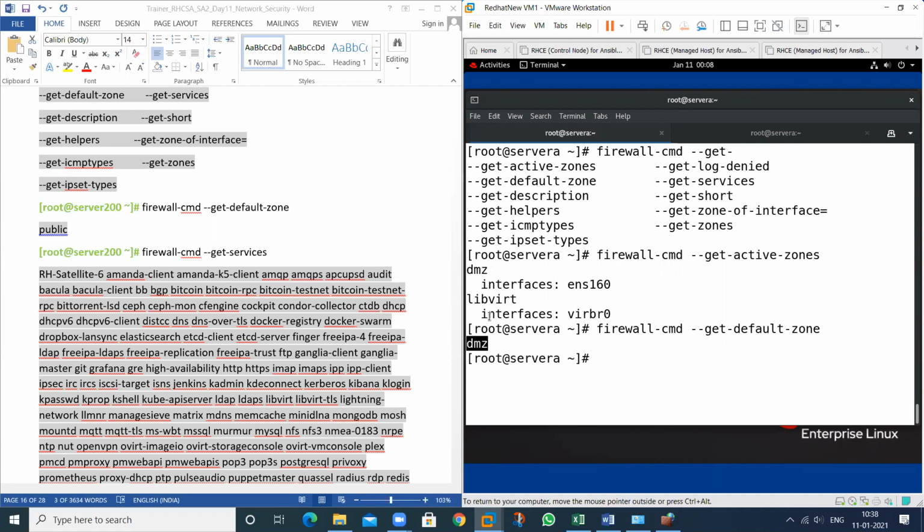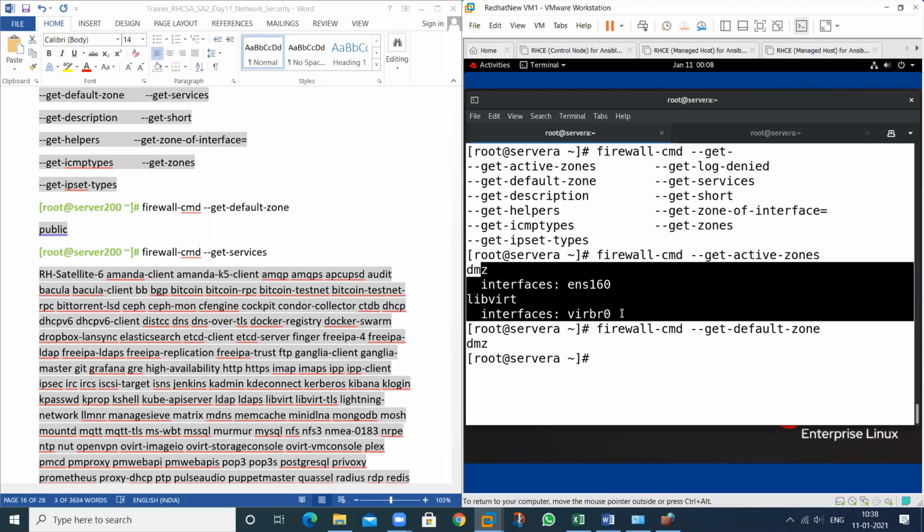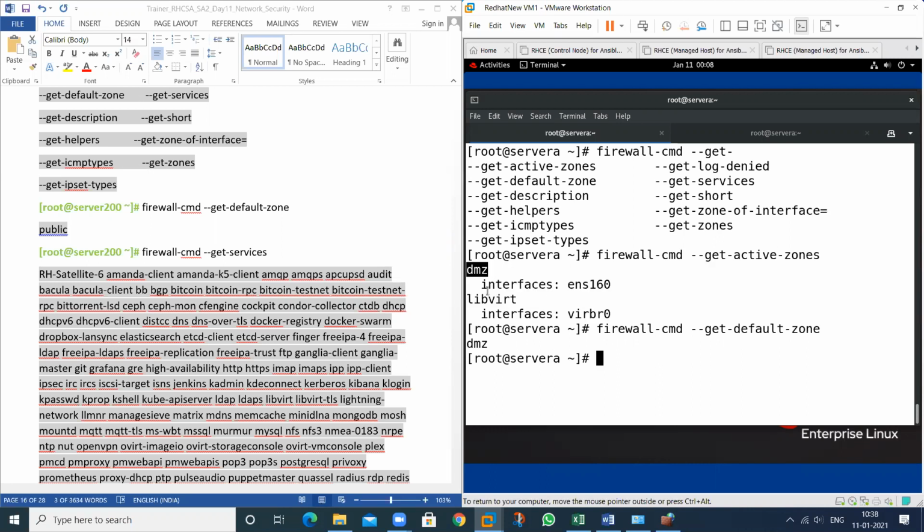See this one. We have two zones active, but this is not my default zone. If I change this by using the set command, set default zone, see, that is public. Now check this one.